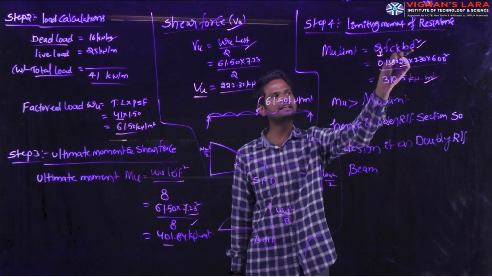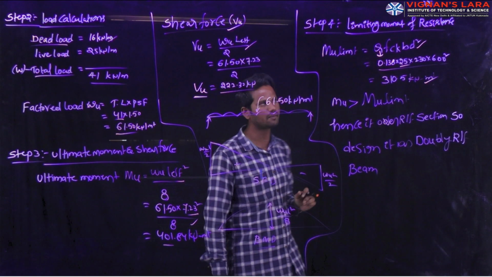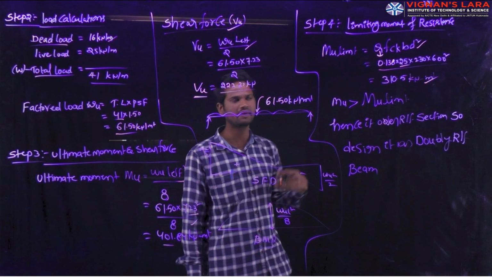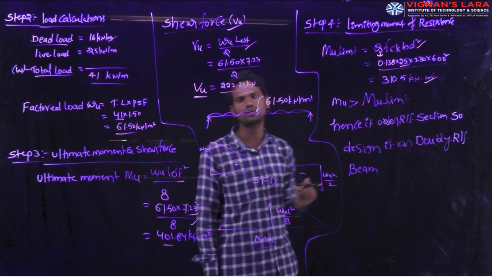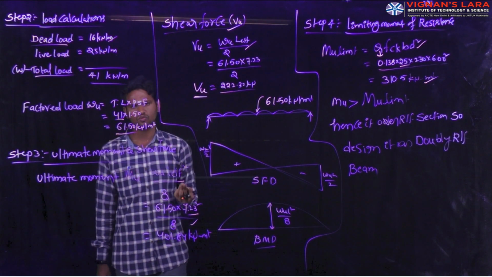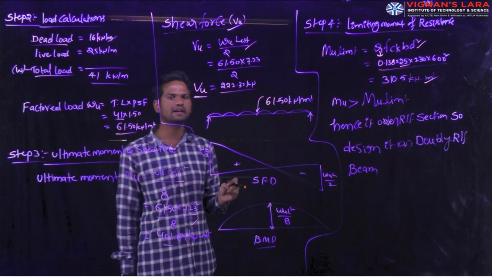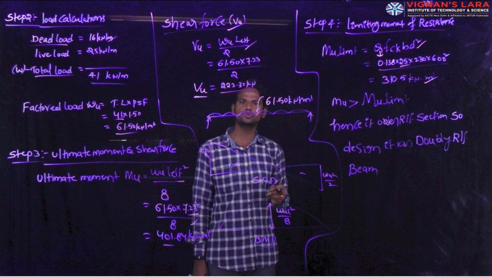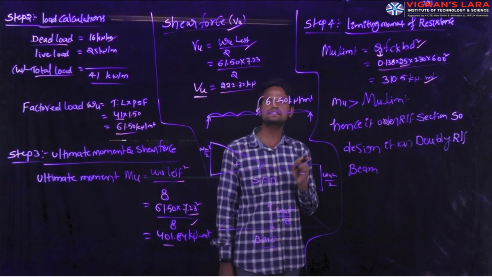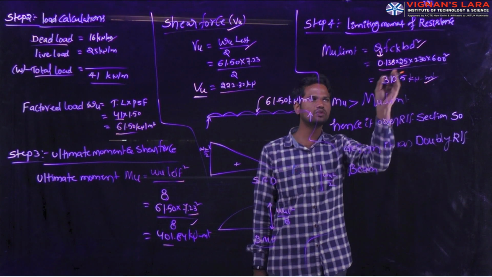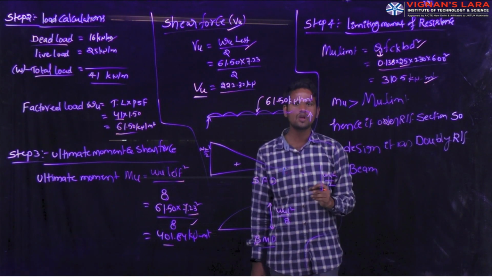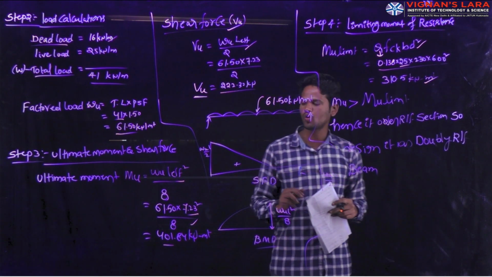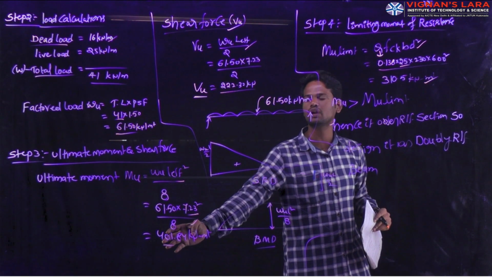By changing the cross-sectional dimensions of the beam, the limiting moment may increase. Suppose instead of an effective depth of 600 mm, you take it as 1000 mm or 1 meter, the limiting moment may increase. But by providing that much effective depth to the beam, it won't give an aesthetic appearance to the building. Hence, without changing the cross-sectional dimension, we provide additional reinforcement in the beam to resist the additional moment.